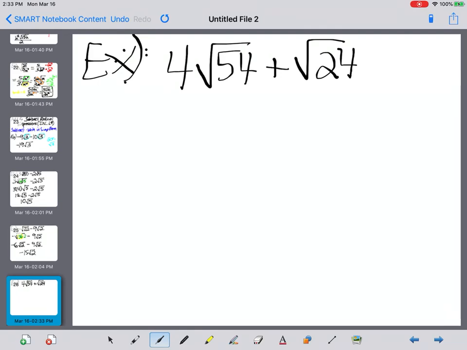So I know square root of 54. What perfect square could go inside it? Well, 4 won't go in. If you did 54 divided by 4, it wouldn't work. But if you divide it by 9, well, 9 times 6 is 54, and 6 doesn't have a perfect square inside it, so we would be good. So let's do that. So we're going to have 4 and square root, and then we're going to have plus,